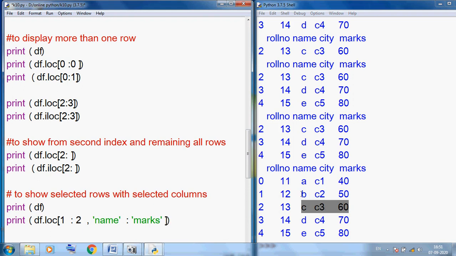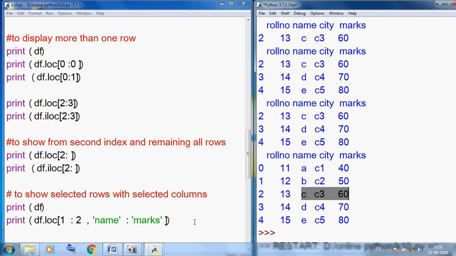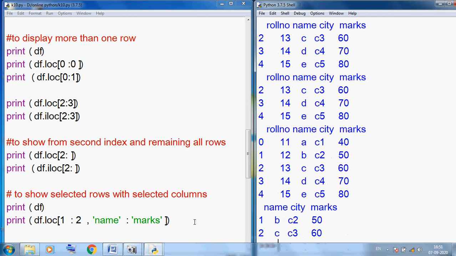So it will give only this kind of data. Here I am using Control S, F5. So you can see this and this, this is our output, to show selected rows and selected columns.